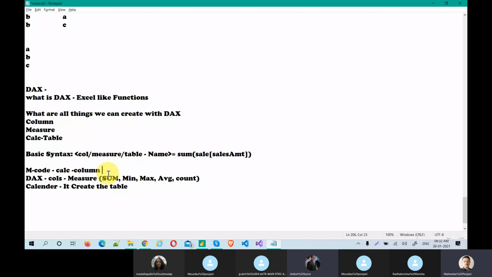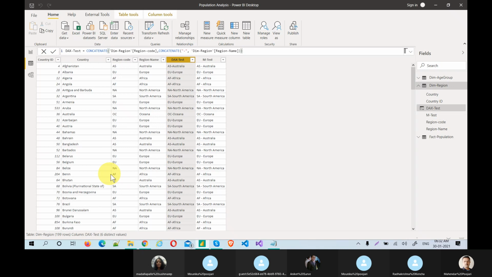Now, ask the question. What I'm asking is, DAX is majorly only used for measures. Why are we using it for a dimension right now, to concatenate two columns? Do you want the real-time scenario? What I'm saying is, concatenating two columns, is it efficient in M code or in DAX? That was my question.